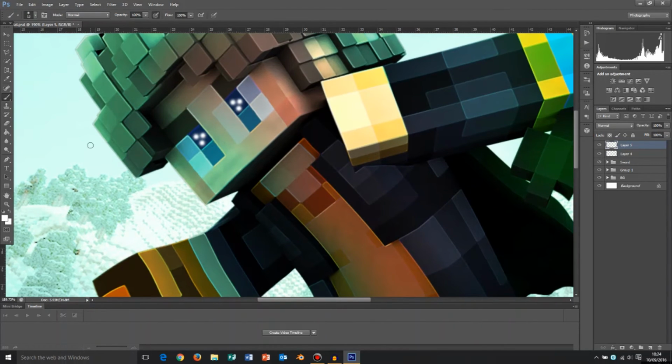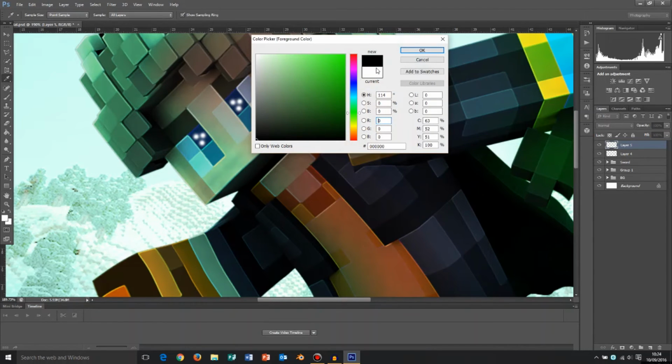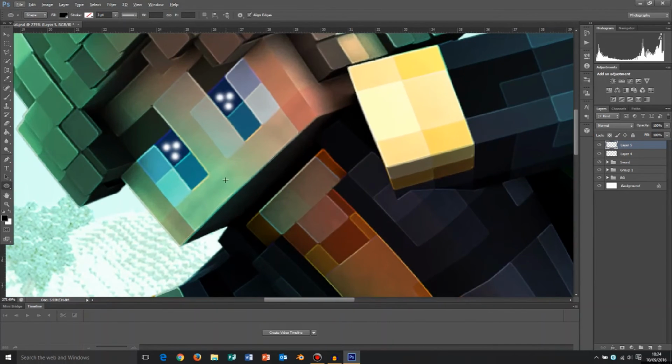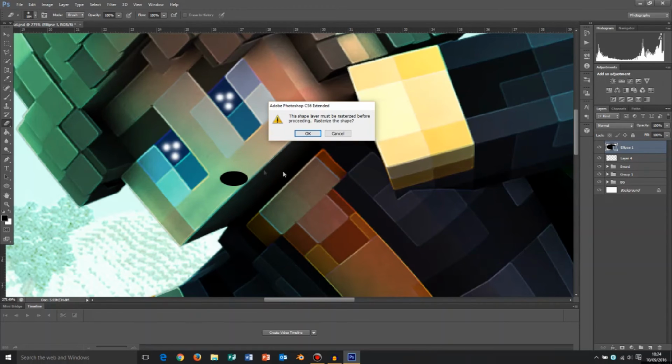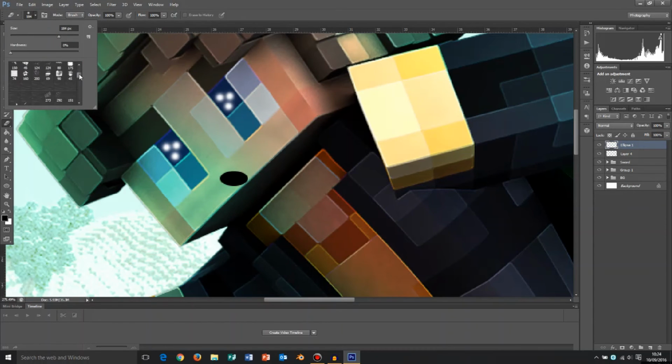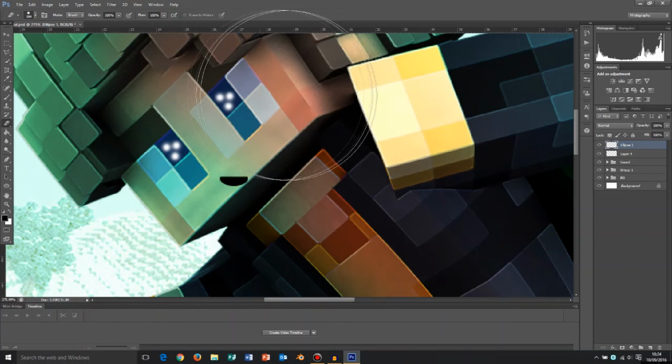Just create another layer. What I do with the layer is I select an ellipse tool, and I paint it on again, just because I don't like to use the Cinema 4D one. We'll make him fairly smiley like that, and you can just rub out the bits you don't want. So yes, we'll rasterize this. Select a fairly big brush, like this one, and then just rub out any of the bits you don't want. That's a bit too much,